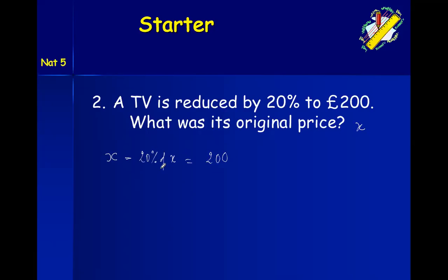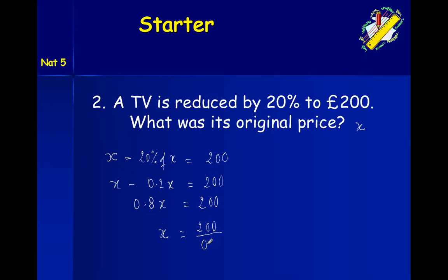So 20% is just 0.2. So I've got x minus 0.2x equal to 200. x is just 1x. 1x take away 0.2 is 0.8x. This is where people would tell you 80% of x is 200. But if you ask where that 80% is coming from, it's just 100% take away 20%, which is your 80%. Or you can just write it as 0.8. And now x, which is your original value, is just 200